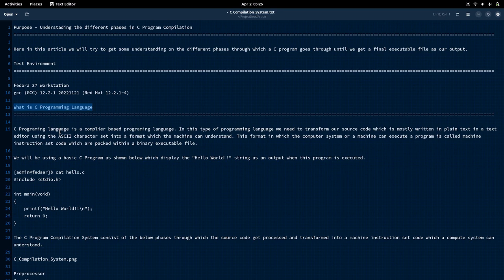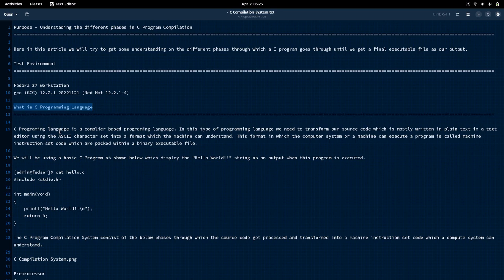But in order for that C program to be executed, we need to translate that human-readable ASCII program into machine-readable code which can be executed by the computer system. That transformation is carried out by a compilation system, that is the C compiler.